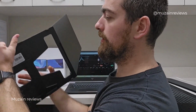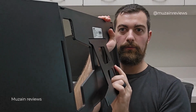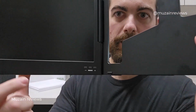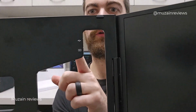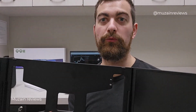But the thing I want to show you here is you've got a stand on the back here. You can flip it out all the way to 90 degrees, so you can adjust if you want your screens at a little bit of an angle, or if you want it flush, how I normally have it set up behind my laptop. And you've got little power and menu buttons down here on the bottom, right? And you've got your little outlets over here on the top, which is just easily behind my screen. So we'll get to that later, but right now I want to go over some of these really cool features of